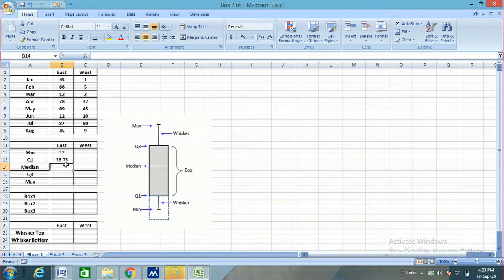To calculate the median, type median, double click on the function, then select the data range, then control plus shift plus enter. To calculate quartile 3, I'll do it in the same way, but in place of 1 I'll type 3 because I am calculating quartile 3.